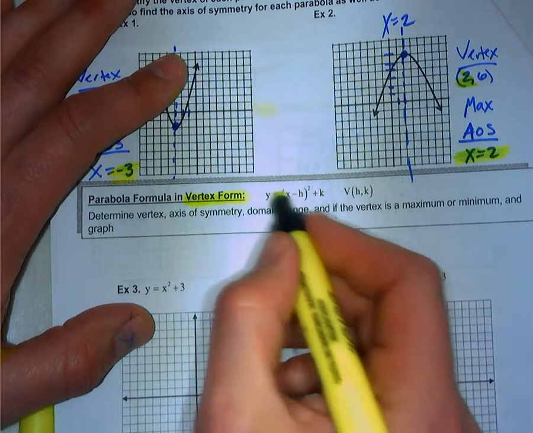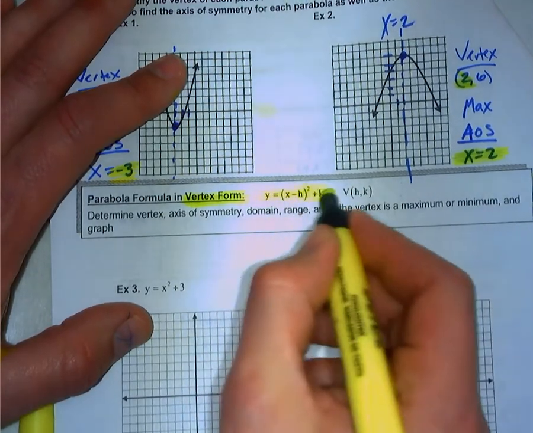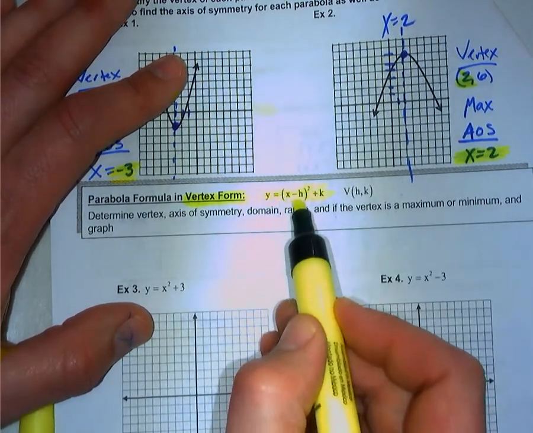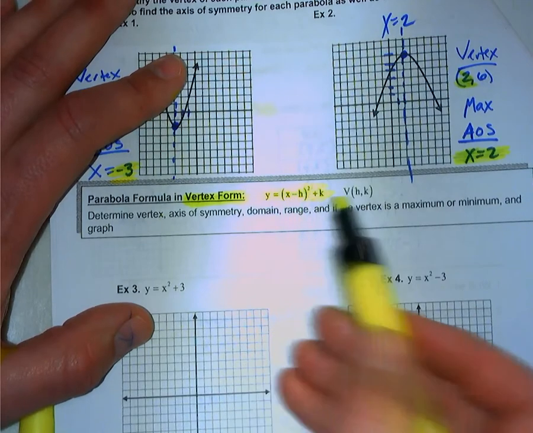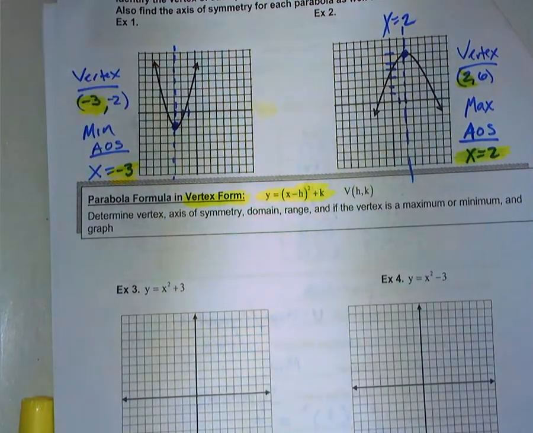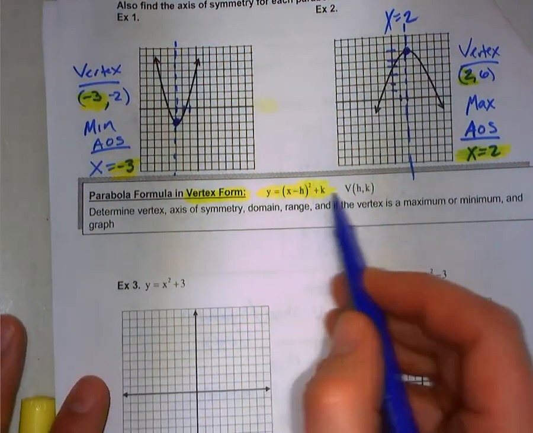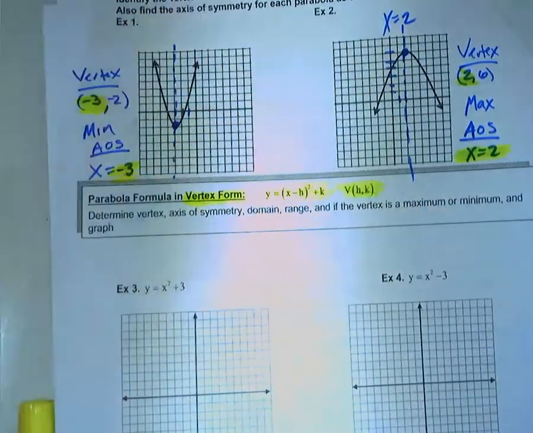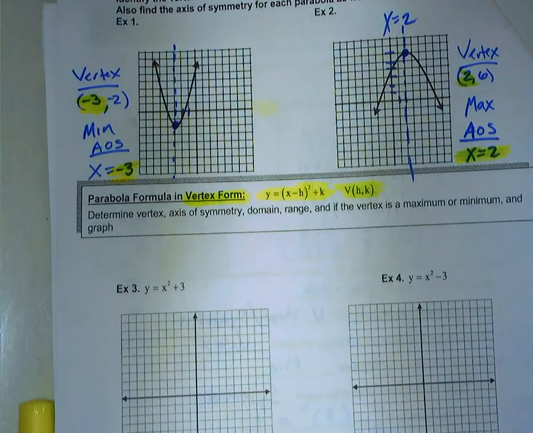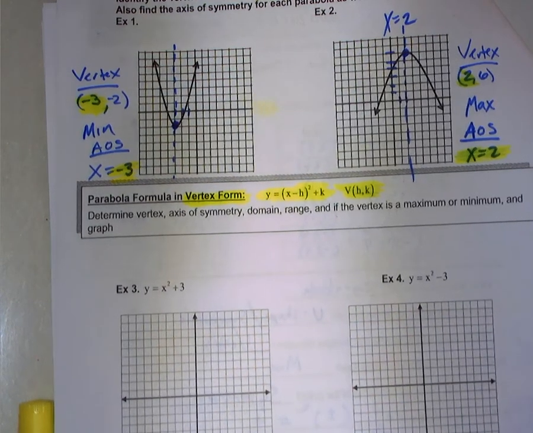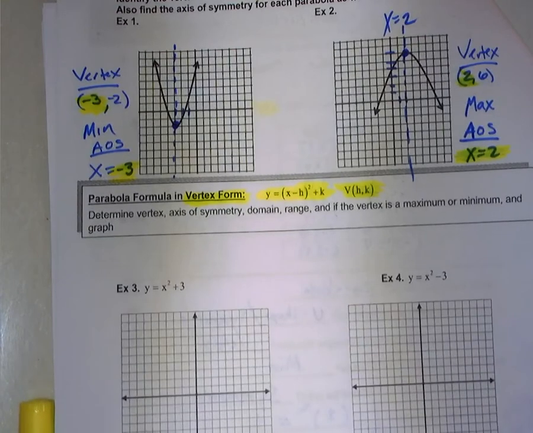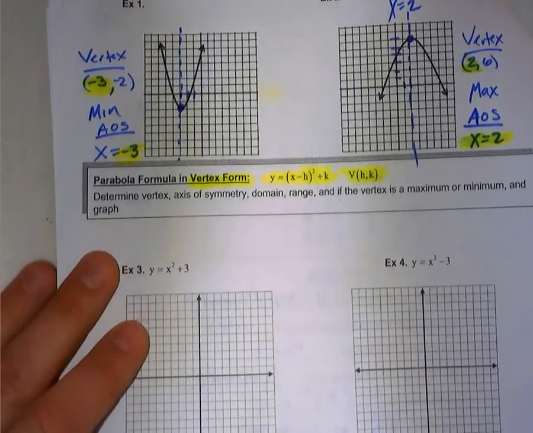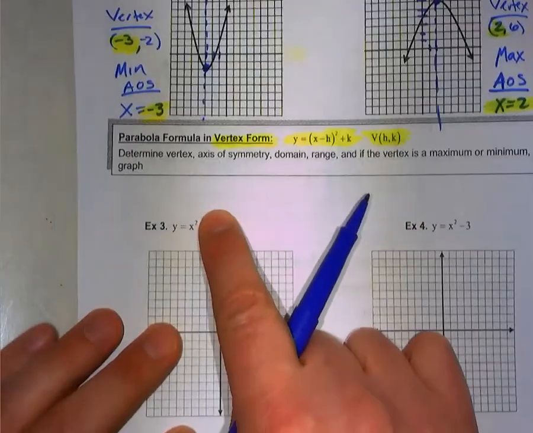Vertex form looks like this. It says y equals x minus h quantity squared and then plus k. So our vertex is going to be what we call h and k. Okay, so it's asked us to determine the vertex, axis of symmetry, domain, and range, and decide if we have a minimum or maximum. So as we take a look, if I just covered up this +3,